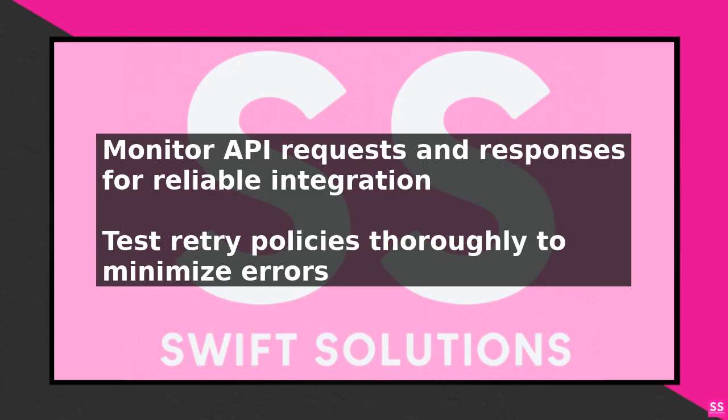Finally, best practices for retrying a failed Build.com API integration include monitoring API requests and responses, logging errors and exceptions, and testing retry policies thoroughly. By following these best practices and implementing a retry policy, you can ensure reliable and efficient integration with the Build.com